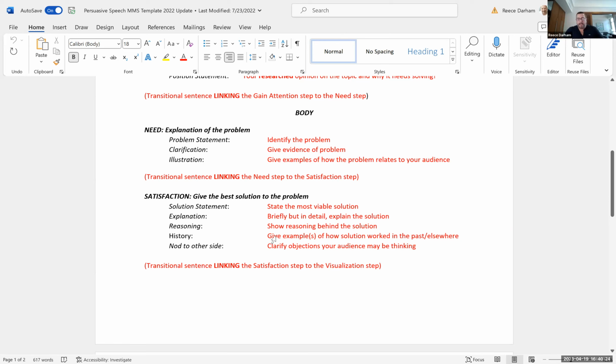History item really deals with, in many ways, what Aristotle called mythos. That was another one of his proofs that seems to have fallen by the wayside. We don't use mythos as much, but it's actually very, very important. You can think of this history item as historical proof, which is mythos. Historical proof that your solution has actually worked before. So for example, if we're talking mass shootings, solution is restriction on gun ownership, your history item could very well